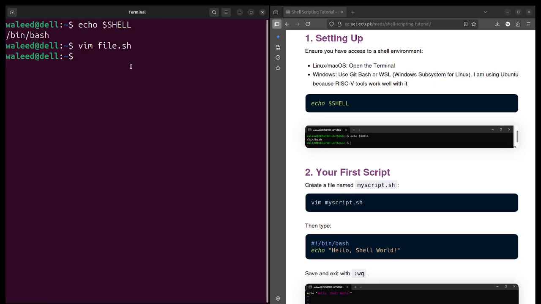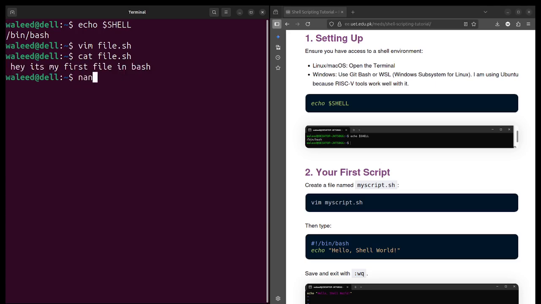To see the content of your file, you just have to use cat. It is a command which is used to see what's inside your file. You just have to write your file name and it will tell you what's inside your file. As in my file I had, hey, it's my first file, and it has told me.